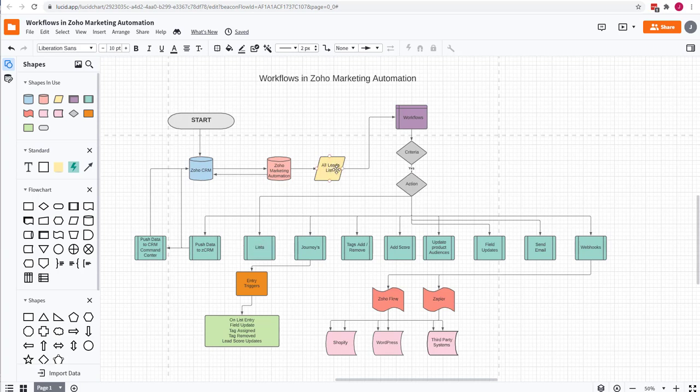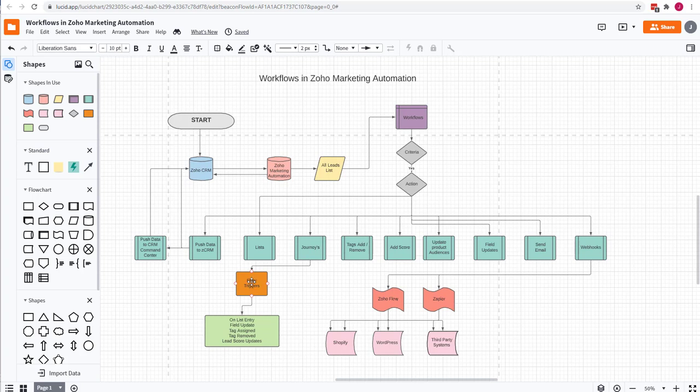So just because we have them here in the all leads list, again, this is, I think, a great way to get started. And in the newer version, the version 2 that Zoho is coming out with, you're not going to have to create this all leads list. There's going to be a general bucket there for you already, but in this first version, we do not have that. So we can create different lists, right? We can create email journeys. Those are basically sequence automations,